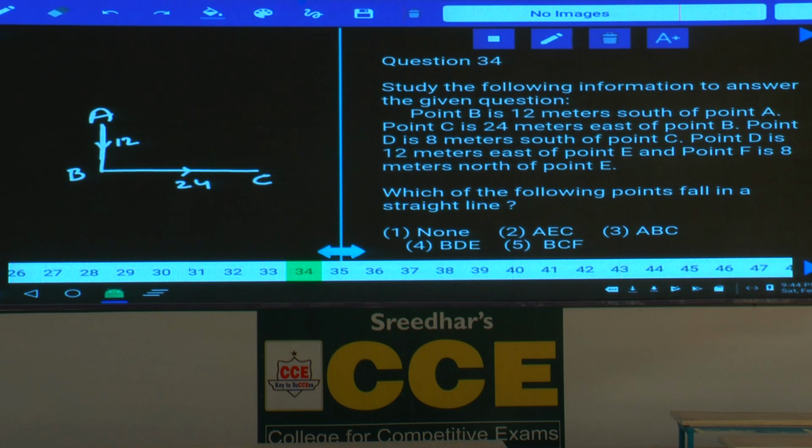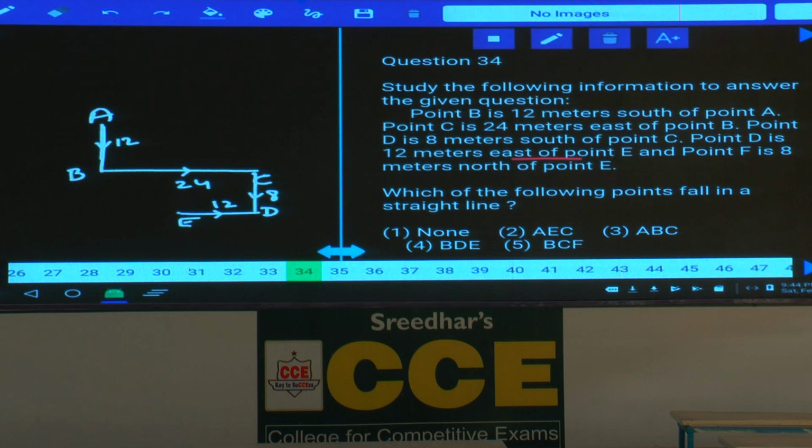D is 8 meters to the south of C. D is 8 meters to the south of C, means from here. Now this is D, which is 8 meters to the south of C. And D is 12 meters to the east of E. East of E means, now E is here, D is here, and the distance between these two is 12 meters. And F is 8 meters